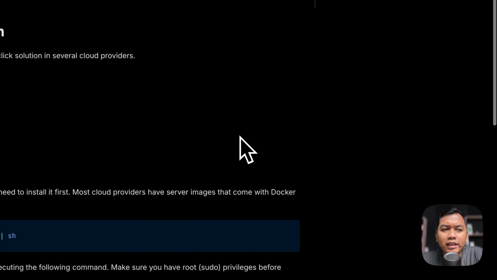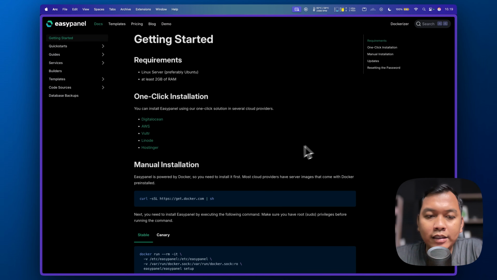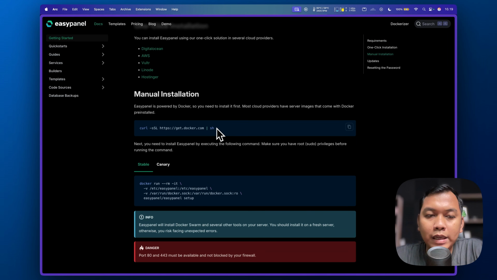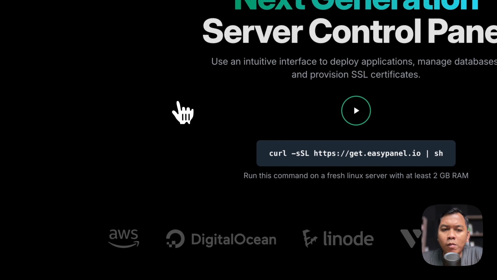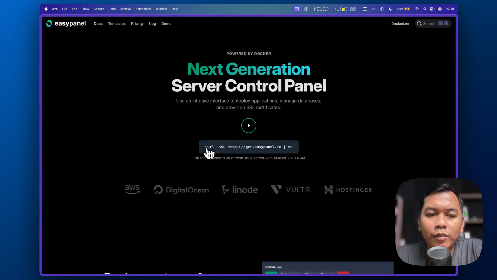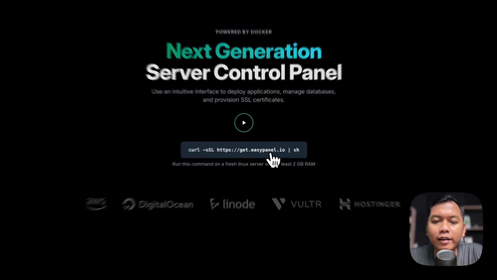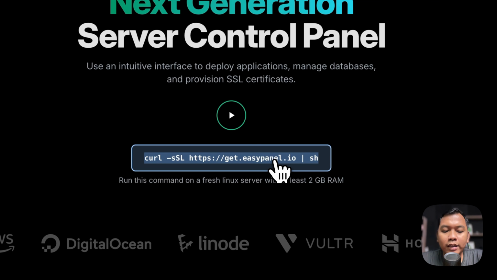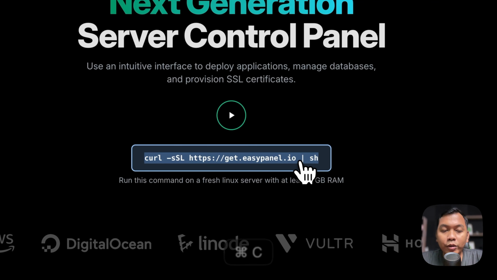So as you can see, this is a manual installation step by step, but if we go back to the homepage, we see a one-line command, and when we copy this, we can just check this URL here.